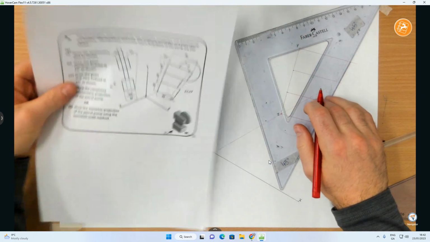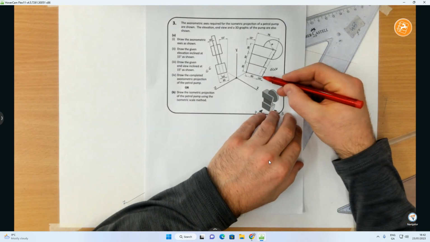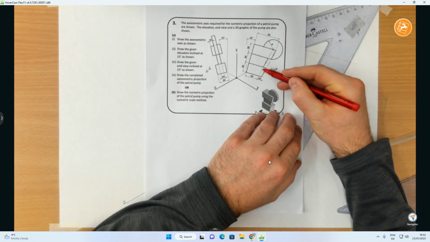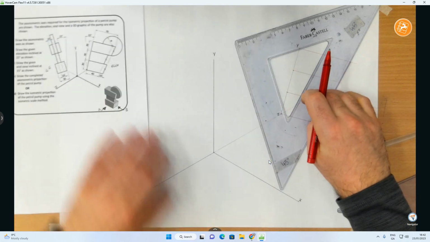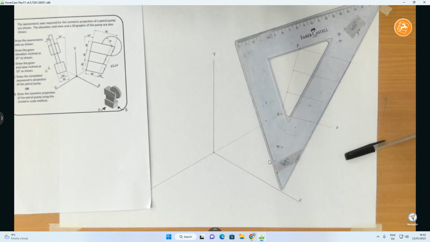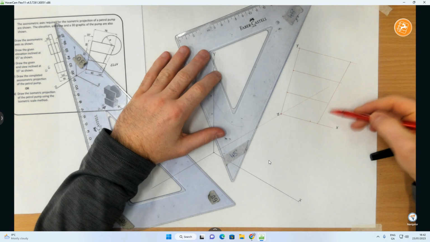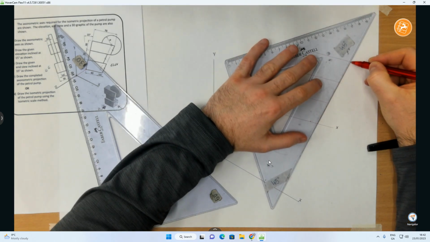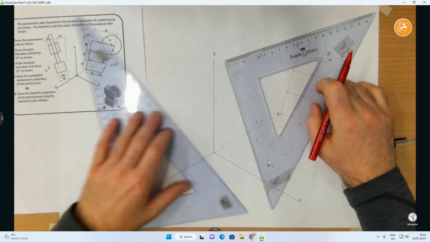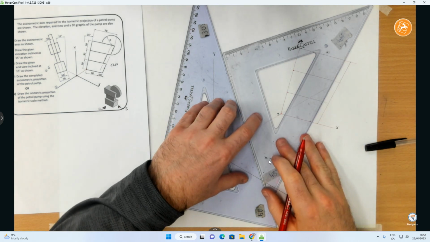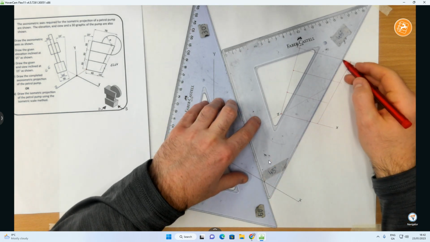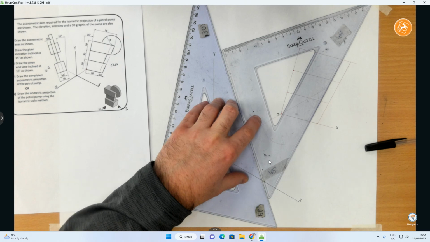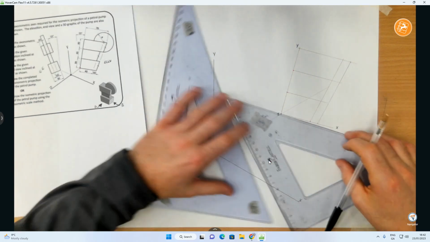And what's important to note is that the line just inside that, after I've got this one, the line inside that is parallel. So, a bit of sliding set squares here now. So, off of this line here, put your set square on it. Here's the other one behind it. Sliding set squares, and I've now got